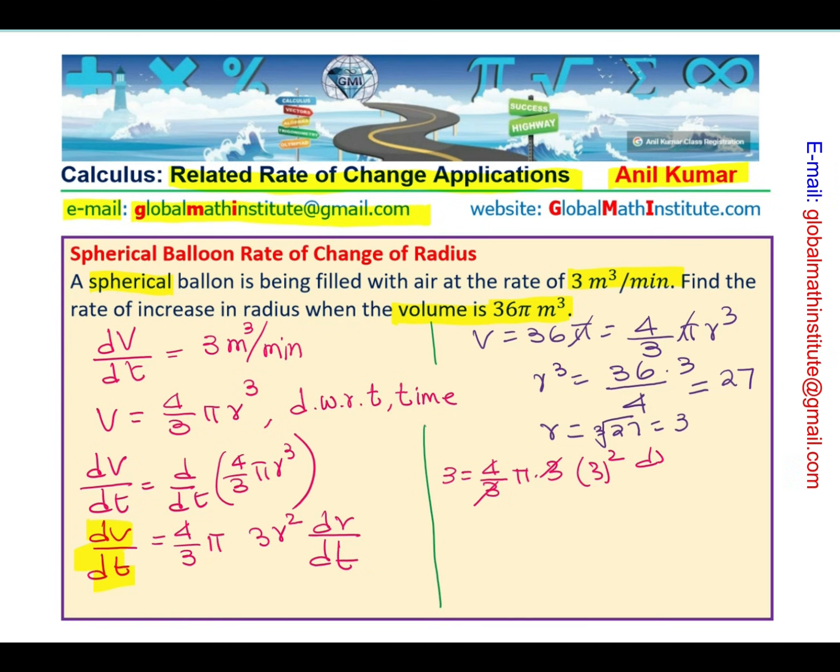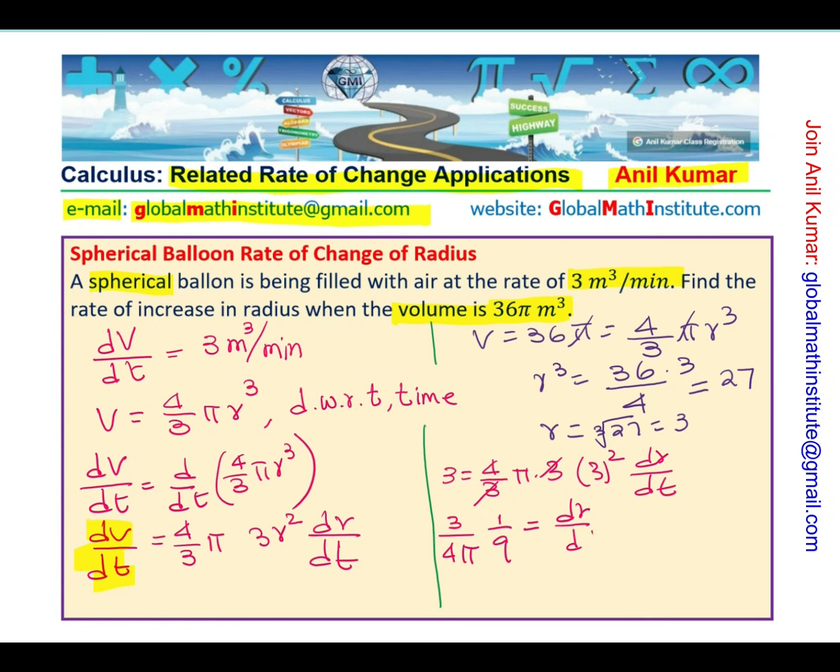And the only thing left is dr/dt. Do you see that? So we have 3 by 4 pi, correct? And then this is 3 squared, which is 1 over 9, equals dr/dt. Makes sense, correct? And this rate of change is when the volume is equal to